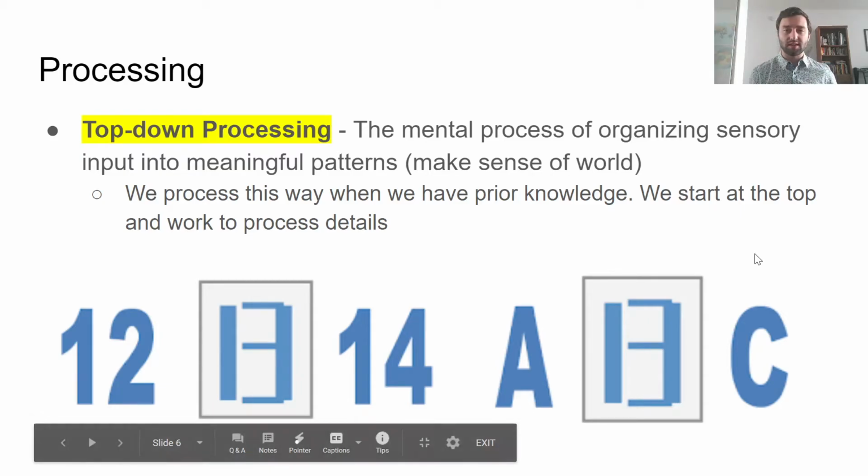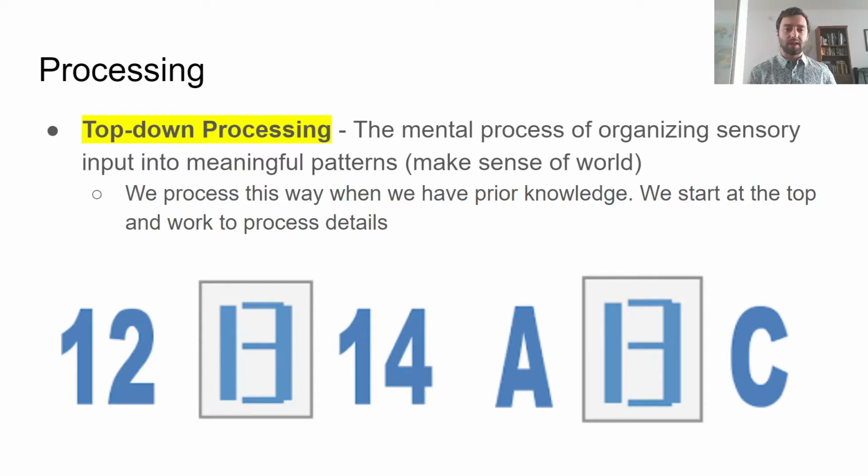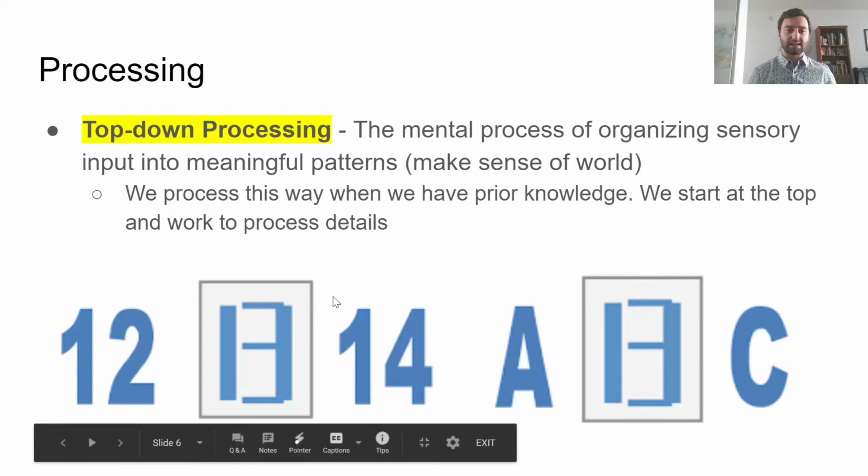Let's actually start with our example here. So this is top-down. Now I've added context, basically. That's all I've done. The symbol itself is the exact same. But it probably becomes very clear in each of these examples what it is in the middle. Here, it's obviously 12, 13, 14. And when you look at it, you go, oh, it looks like a 13. Here, it's clearly A, B, C, and it looks like a B.